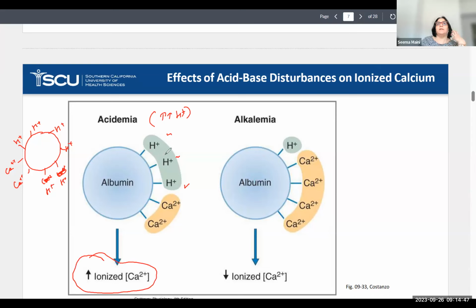So when you have excess hydrogen ions in the body fluids, say a person has diabetic ketoacidosis or lactic acidosis, the excessive hydrogen ions are going to occupy more binding sites on the albumin molecule, and you're going to have more free calcium